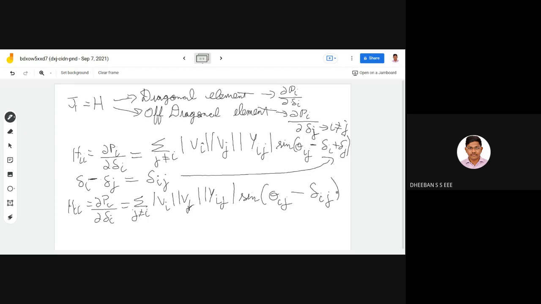So now you have to apply over here the formula of sine a minus b. If you're applying the sine a minus b formula, what you'll be getting is